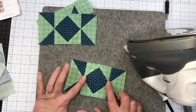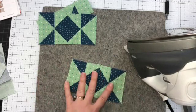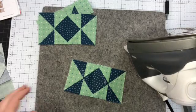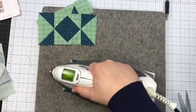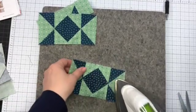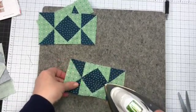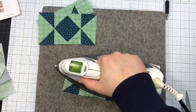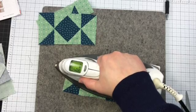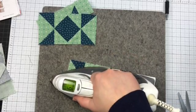But with this, because it is a little bit bulky there, it's laying pretty flat, but I'm going to give it a spray with some water. And did you see that? When it's wet, it's really stretchy. So you're going to want to be really careful when your fabric is wet, not to pull or distort it or move your iron too much,